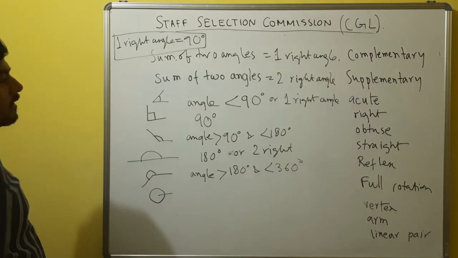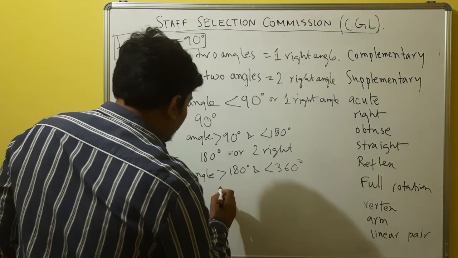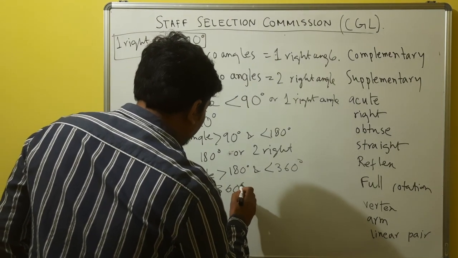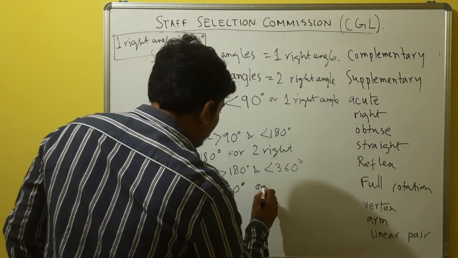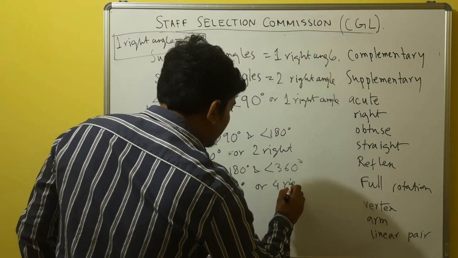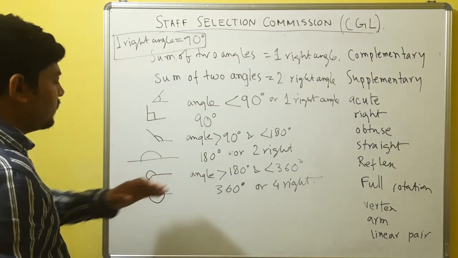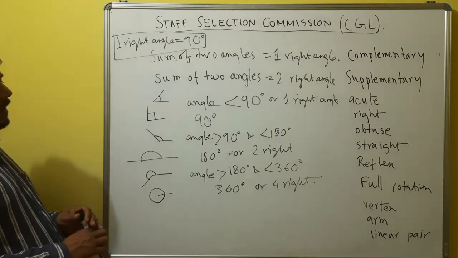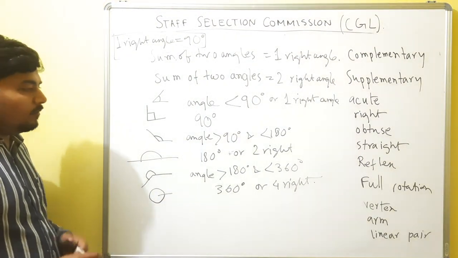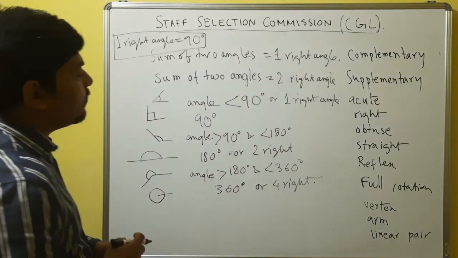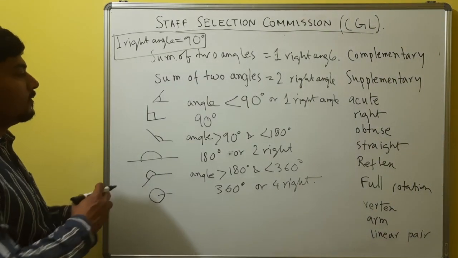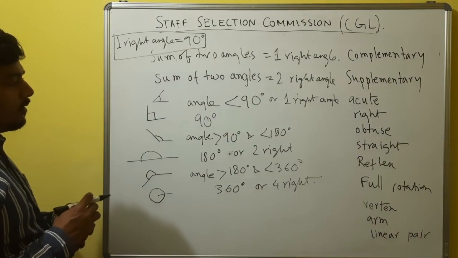This entire angle is 360 degree. This is called 360 degree or 4 right angle, 90 into 4, so 360 degree angle. Now, though I have not discussed in detail about